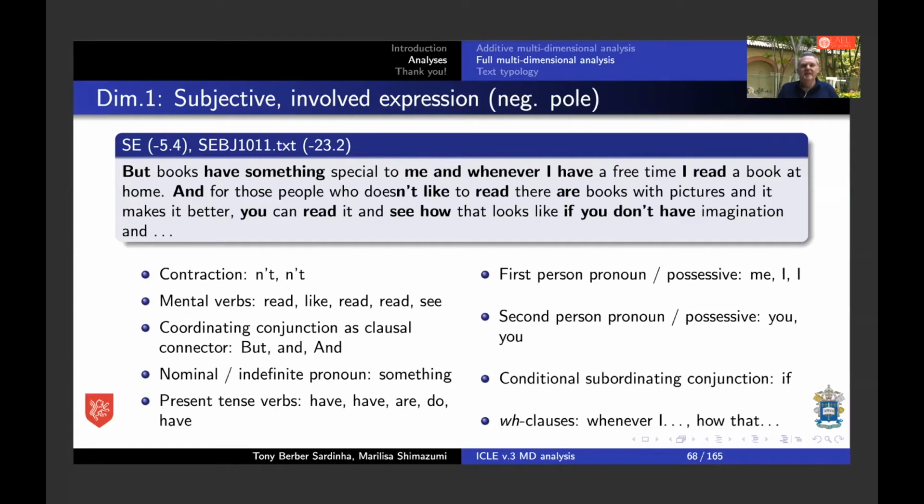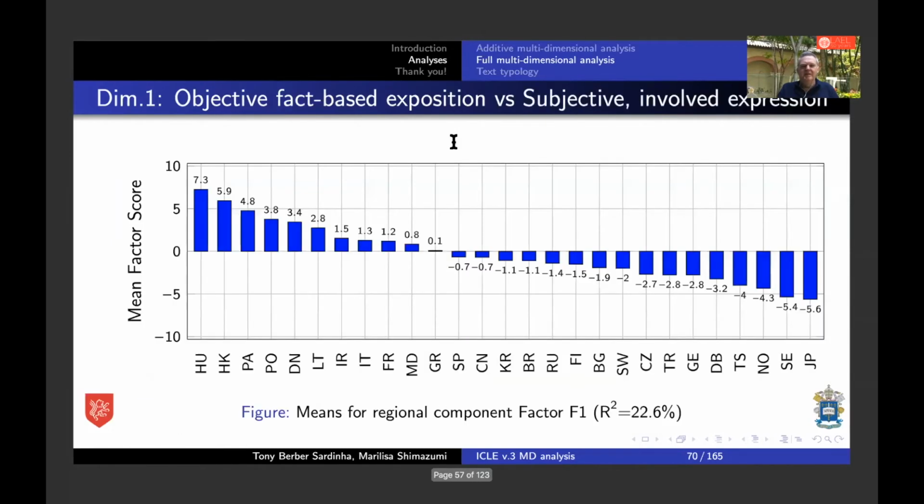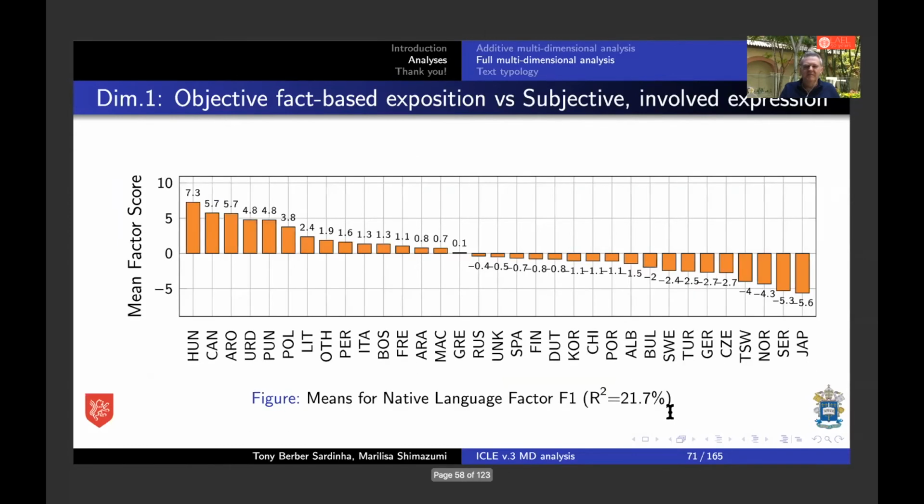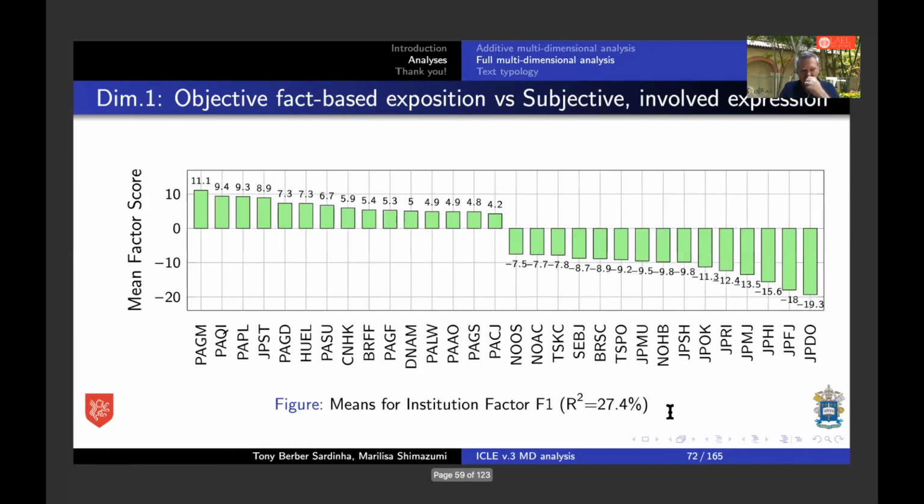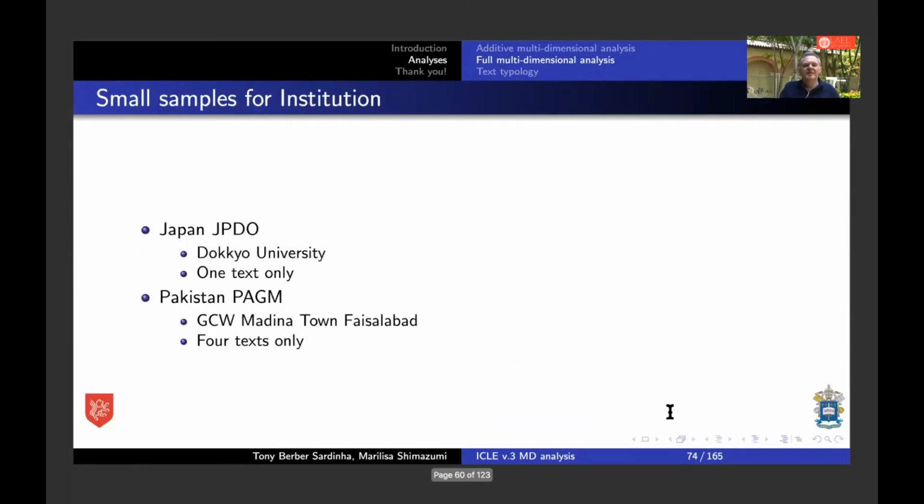And so again, it's subjective perspective, all right? So how do the registers vary? The Hungarian texts are very, very objective based, whereas the Japanese and Serbian ones are very subjective, okay? It's a very big difference. 22% of variation accounted for by native language. I'm going to skip these for the time being because you can look at those in your